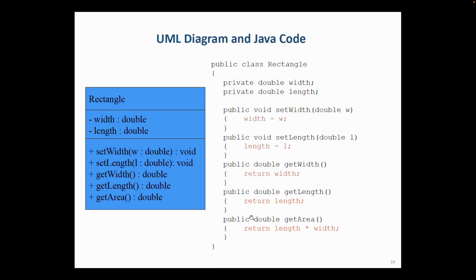Of course, it's not explaining how I should implement it, but at least for the setter and getter functions, I know how to implement those. And for the getArea, again, it's not specifying how it should be implemented, but it is basically giving us the main structure of the class. And I just want you to know this. This is a very common